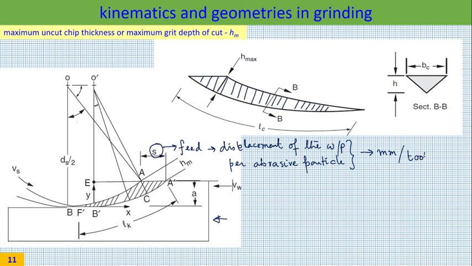It is very similar to millimeter per tooth. This is the starting point of a particular abrasive particle, and it leaves the cutting zone at this particular point A star, and instead of following AB, it kinematically follows this because of this VW, and this is rotating in this direction with NS, which gives rise to the surface velocity of VS. Now our interest is to find out an expression of HM which is a function of process and geometric parameters